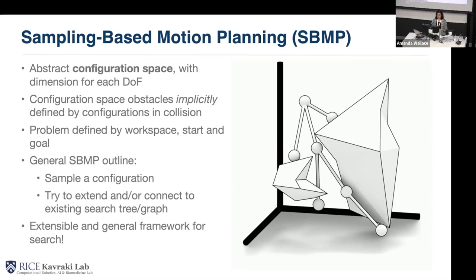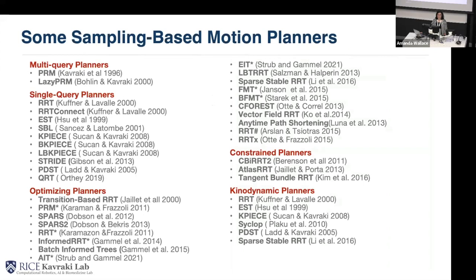And this is a very extensive and very general framework for search, as you can understand. And there have been successes. And actually, there is not one sampling-based motion planner. I stopped counting at some point. I mean, there are hundreds, I would say, at this point. And because of the way that these samples are generated,